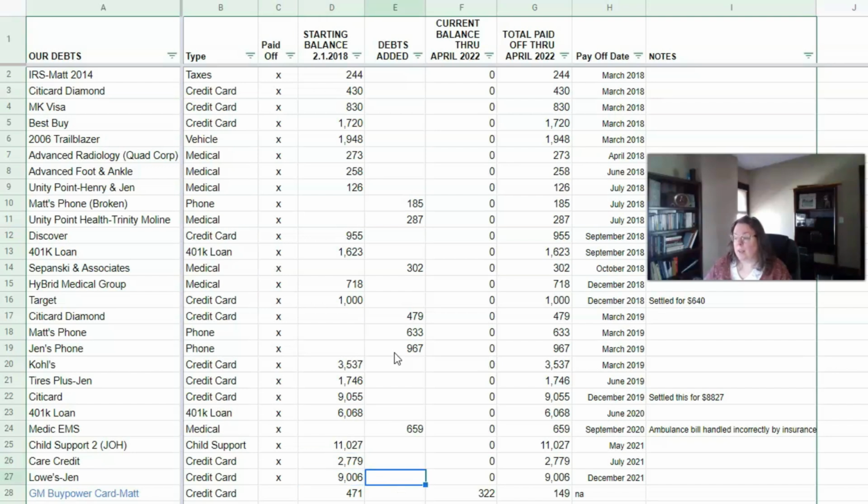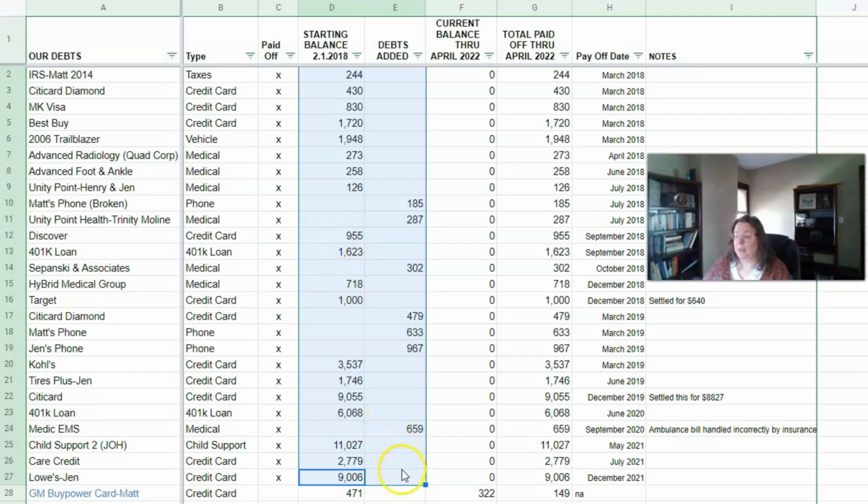The Lowe's card then was just paid off last December of 2021, so just a few months ago. The total on that was $9,006 when we started, and we finally got done with that. I'd been paying $190 a month on that for well over 3 years. That's another one that I set up a payment plan on. So the total that we have paid off that's in the rearview mirror now is